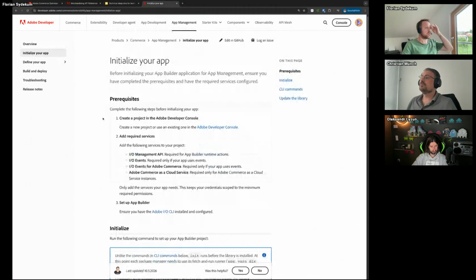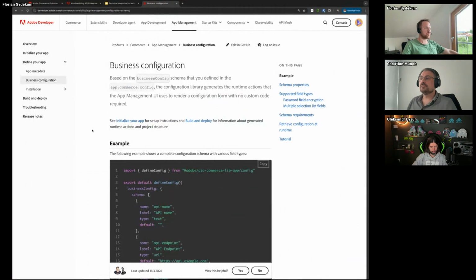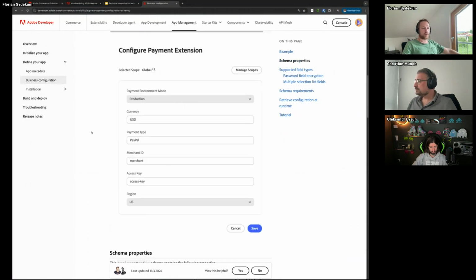let me check if you see a screenshot. You should be able to, business configuration, this is it, to configure your app, meaning that this is an example. You can click here on Manage Scopes, and there you have the global scope, which is quite familiar, right? And then you can change on a different website, one of your 20 websites, for example, and you can configure a different configuration for it here, and then click on Save. Not sure if this was really your question, or maybe I misunderstood it.